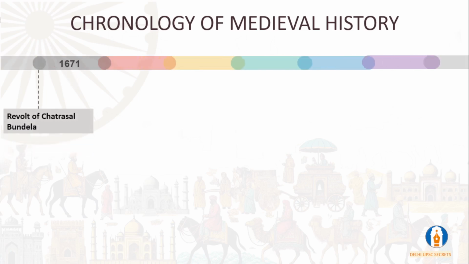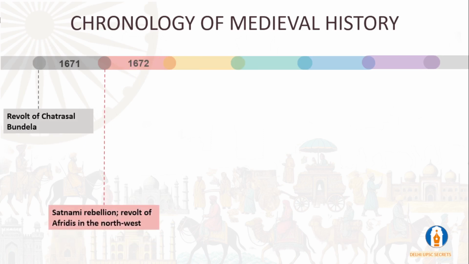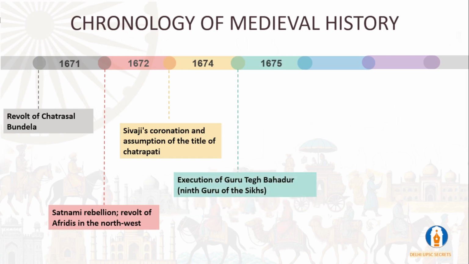Then 1671, the revolt of Chhatrasal of Bundela happens. 1672, the Satnami rebellion is one of the important things that you need to mark down. And the revolt of Afridis happened in northwestern India. In 1674, Shivaji Maharaj's coronation happens, and he takes the title of Chhatrapati. Then 1675, the execution of Tegh Bahadur happens, the ninth Sikh Guru, and in 1678, the death of Raja Jaswant